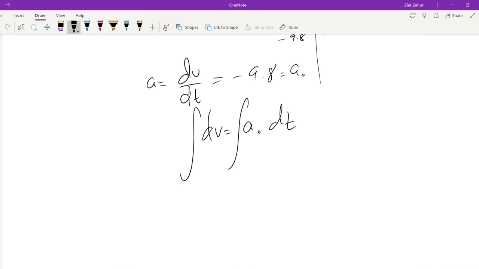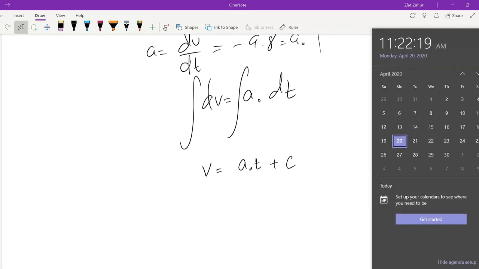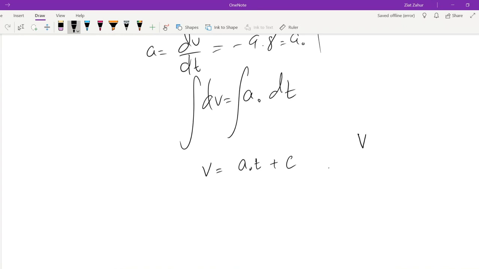So what do we get? Well, we get v equals, a naught is a constant, so we get the integral of dt, which is t, plus c. Right? You get a c term, the plus c term, when you do indefinite. And then you need an initial condition, like, for example, at v of 0, at 0 time, you get